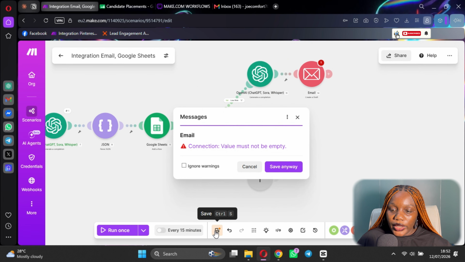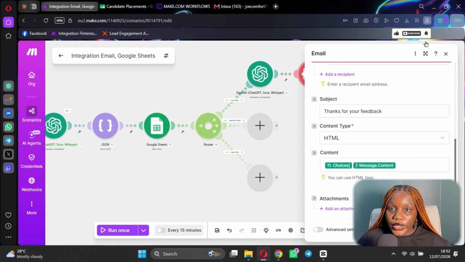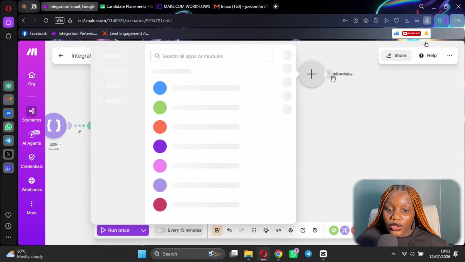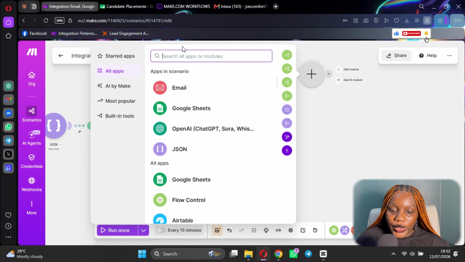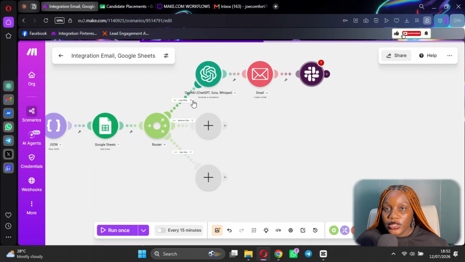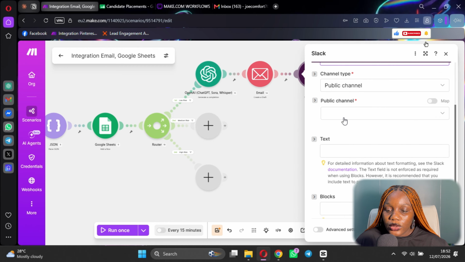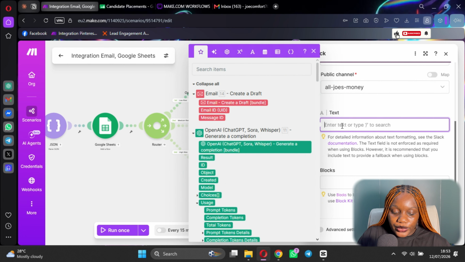And we'll also go in and, yeah, I'm using the right connection. And we'll go in and notify the recruiter in Slack to go in and review that message and send. So of course we can drop this on the general group or we can send it directly to a recruiter, anyone that works. Let's just say we send it to the direct group. So this is the group that we are sending it to. And then in here we'll do review the feedback draft